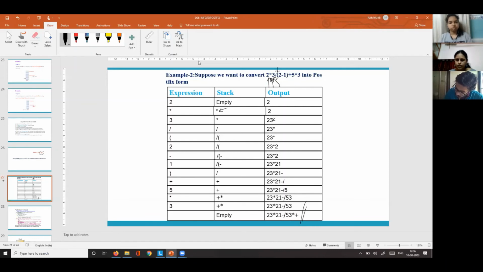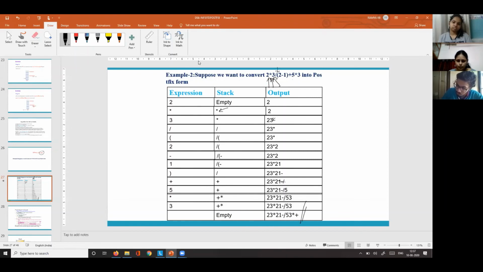The next character that you are scanning is plus. So what will happen? You have a clash again. Inside there is division and outside there is plus. That means the one inside is more important, so it will not like to be entertained with plus. So what we will have to do? We will have to bring division outside and then bring plus inside. Then the next character is 5. 5 will go into the output expression.